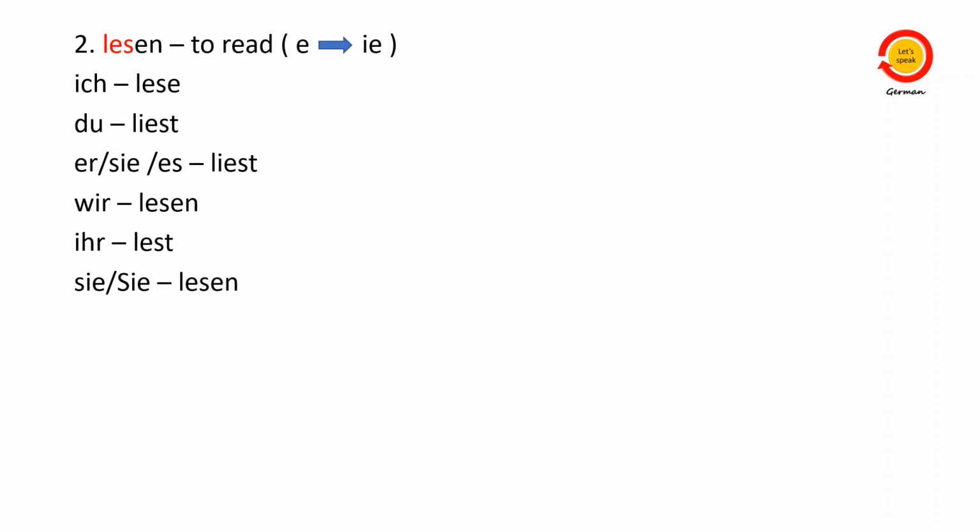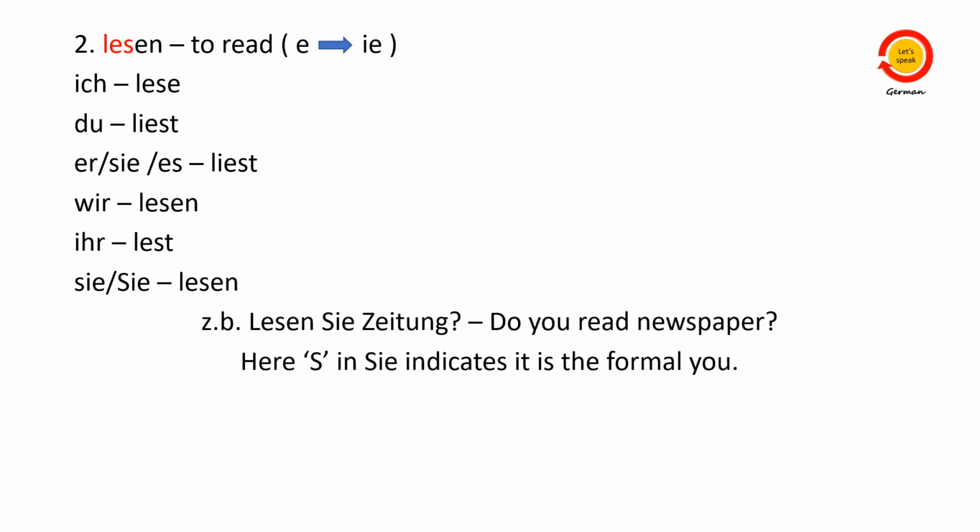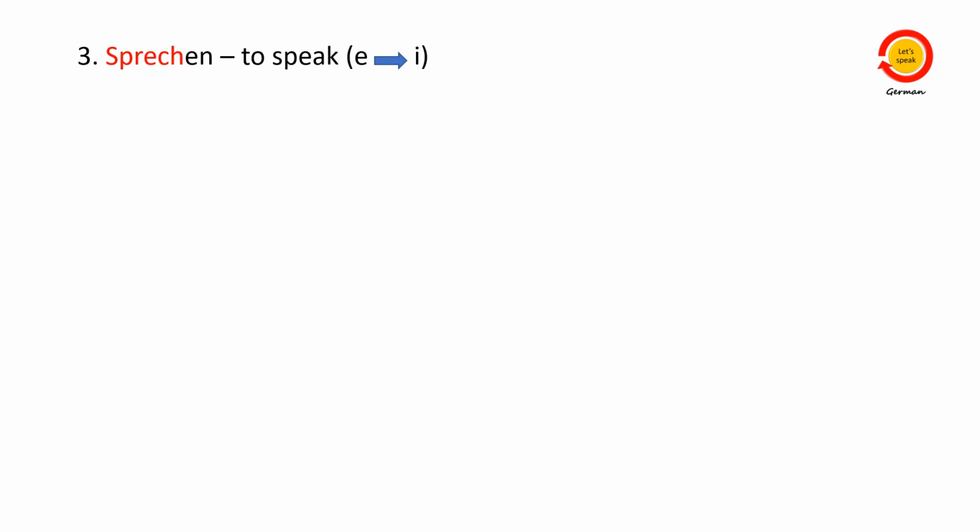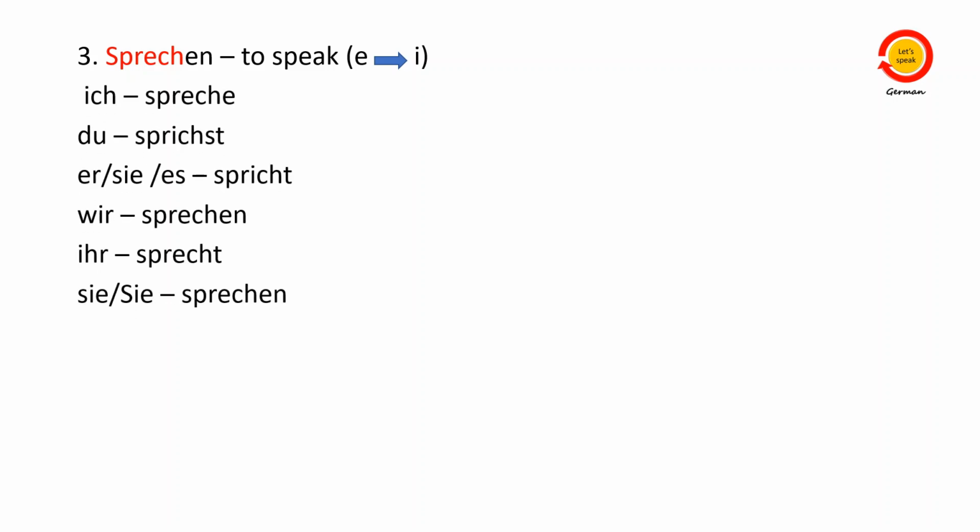Zum Beispiel, lesen Sie Zeitung? Do you read newspaper? Here, capital S in Sie indicates that it is formal you. The third verb is sprechen, to speak, where E changes to I. Ich spreche,